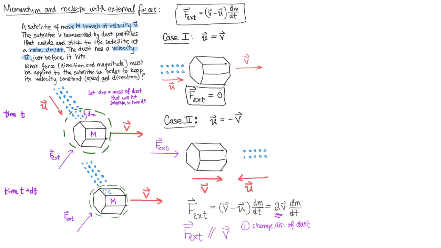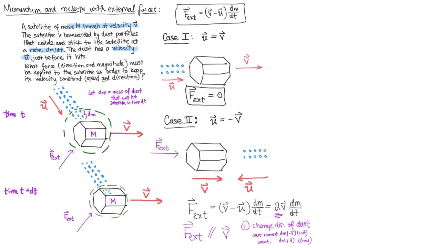And so, well, that's, I guess, the main point. I called it point 1 and point 2, but we basically have dust momentum was v dm to the left initially, and then we want it to be v dm to the right in the final state. So that's a change of momentum of 2 times v times dm. Okay, that's case 2. And then for case 3, let's consider the case where the dust is moving perpendicular to